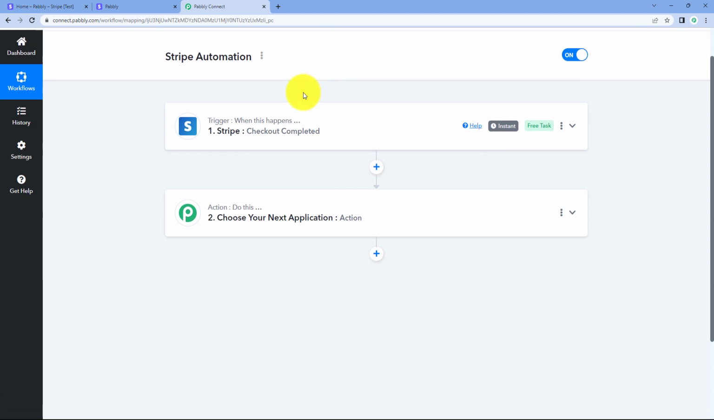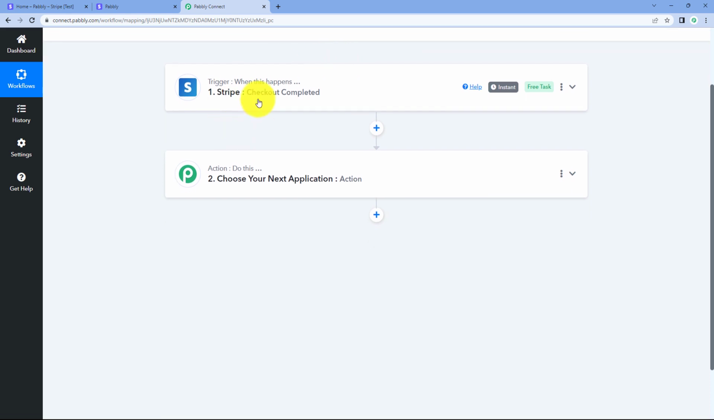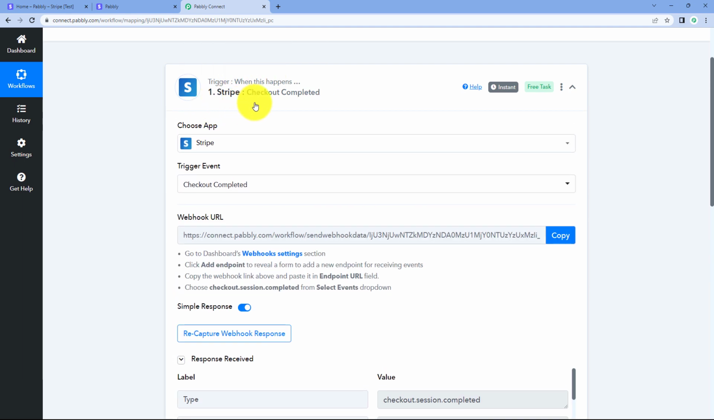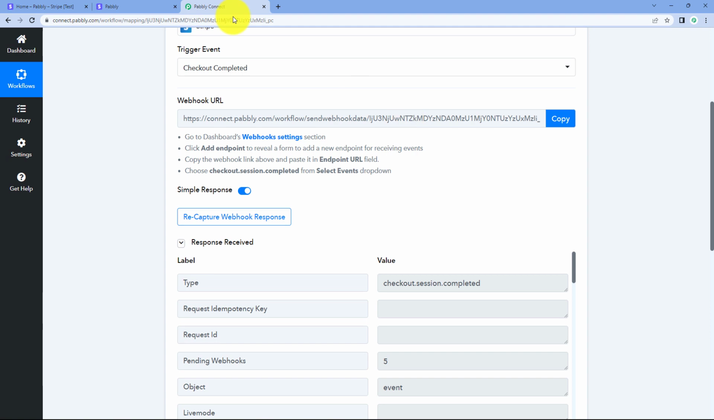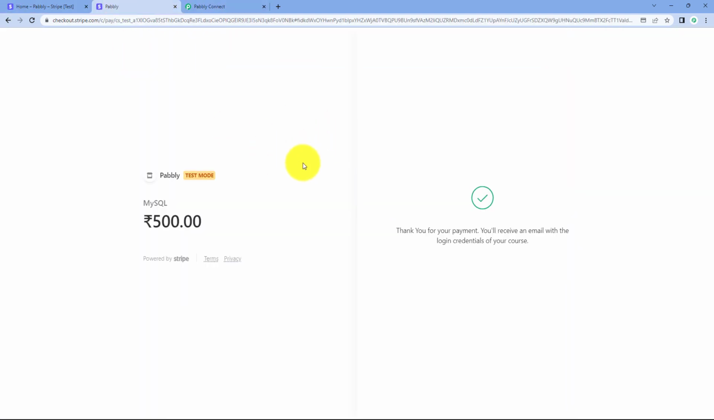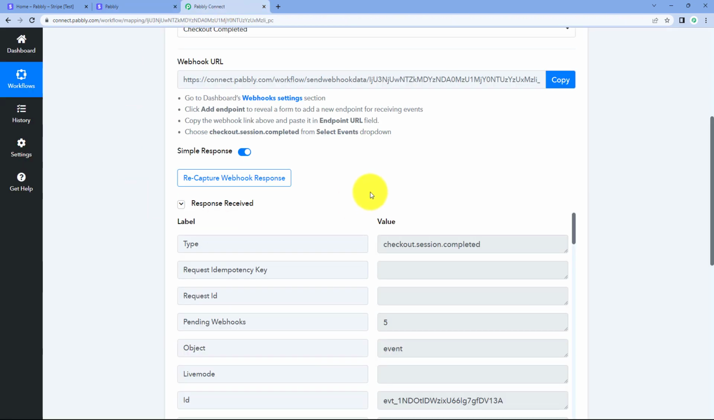So here on my screen, you can see that I have created an automation workflow inside Pabbly Connect. In this workflow, I have selected the trigger application as Stripe and the trigger event is checkout complete. After that, using this webhook URL, I have connected my Stripe account with Pabbly Connect. And after making a test payment over here of 500 rupees on my Stripe account, we have received the payment